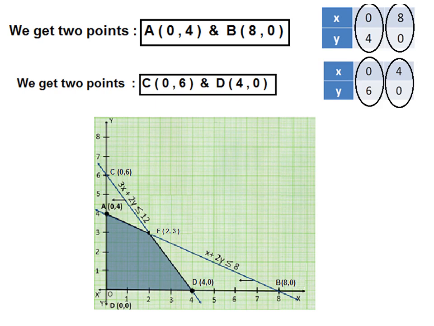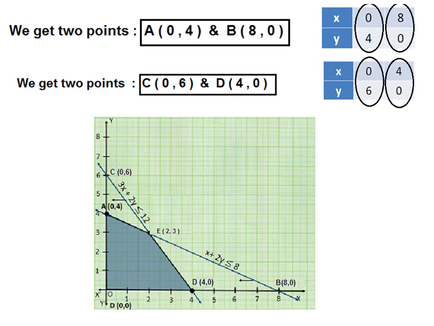Or we have already solved simultaneous equations a lot of times before. So using these two equations, x plus 2y equal to 8 and 3x plus 2y equal to 12, using simultaneous equations also we can find out the value of E. We will get 2, 3. Now look at the vertices of the quadrilateral, the shaded region. Would you please try to guess what that region is called? Yes, the region is called the feasible region. So the vertices are O, A, E and D.